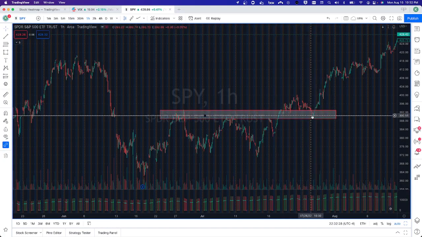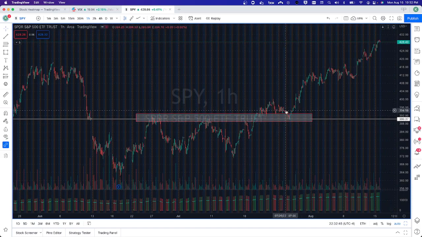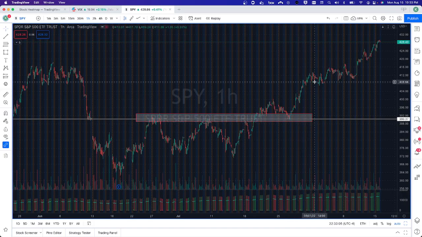It comes back down, and when we retest and hold, we're looking at this on July 26th, and essentially what we want to do is confirm. On July 27th, we get our green, a huge green bar on delta exposure, and when we see that, that can be our cue to enter in calls. And at this point, you could buy a week or two of time on these SPY swings, and that would have allowed us to cautiously enter, right? Because we had our confirmation of a hold, we let things play out, we see that the delta exposure shifts green,